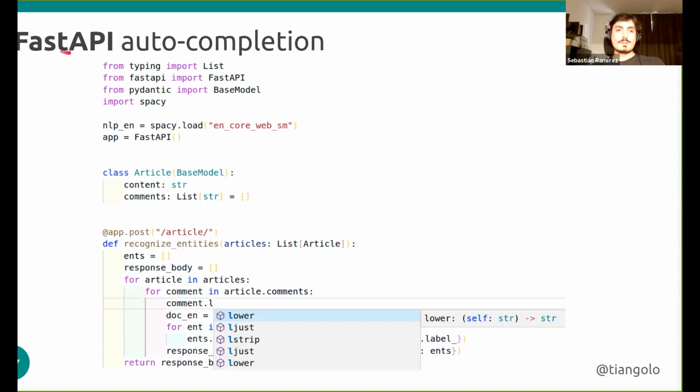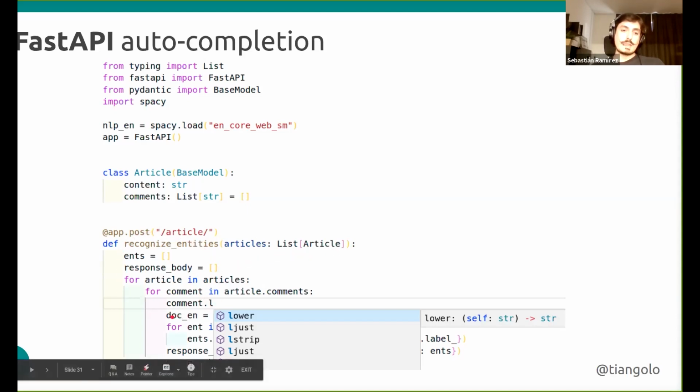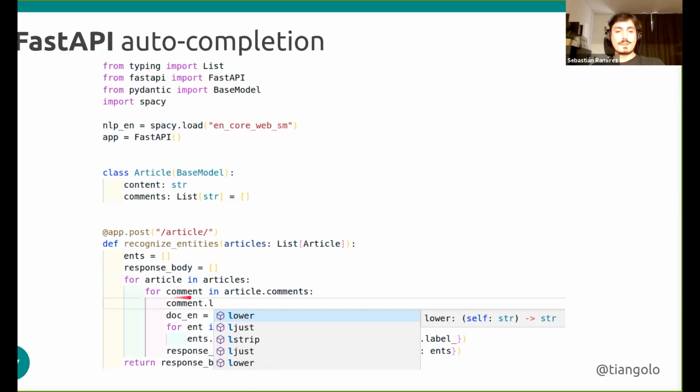Now we have been talking about autocompletion. How is this autocompletion thing? What is the idea with that? Here we are declaring a parameter articles, which is a list of this thing article. And we are getting autocompletion inside of our code, even for deeply nested data structures. So we are iterating for each one of the articles. We're iterating for this article in all the articles. And then we're iterating for each one of the comments inside of that article, which is coming from the list. So this comment, if you see, is inside of a nested for loop. And we are getting autocompletion in this nested data structure.